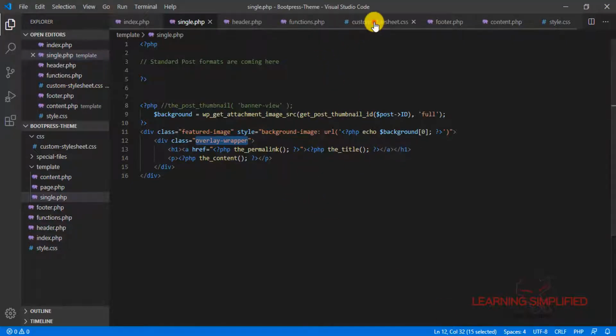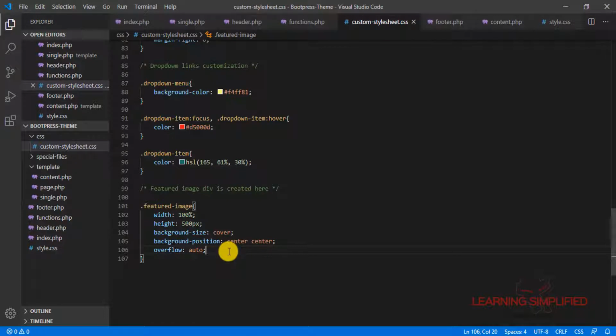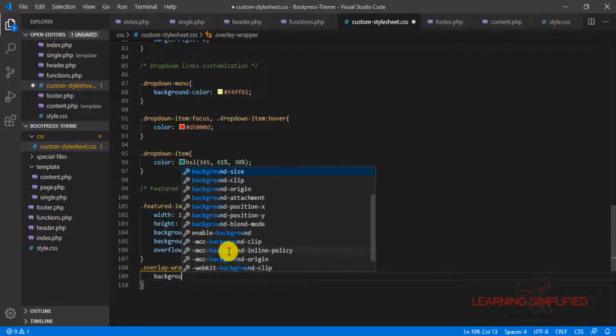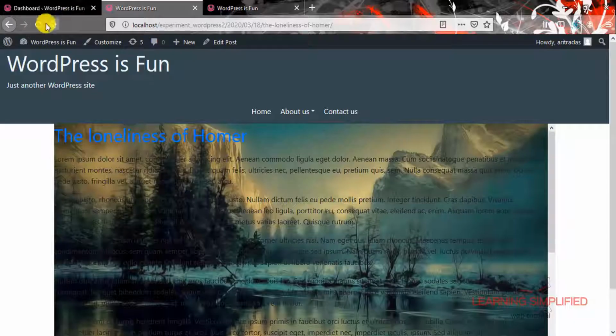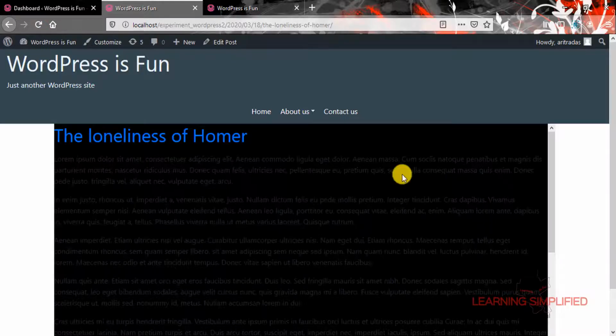Let's head back to custom style sheet.css, and here we will be creating this class name. Here we are naming it, providing this property as background, say it should be black. Reload, and you can see that there goes the thing here.